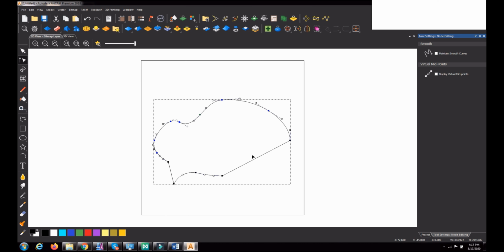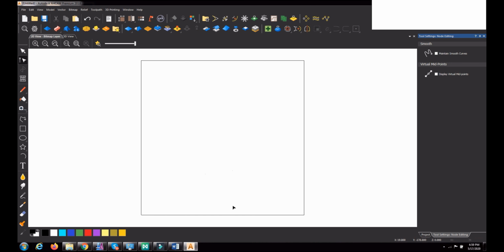So this is L, this is arc, and this one is B, the Bezier curve. This is all about node editing on a vector.